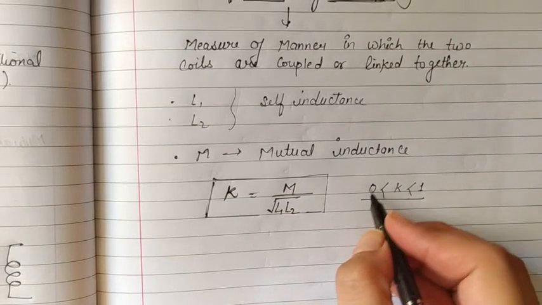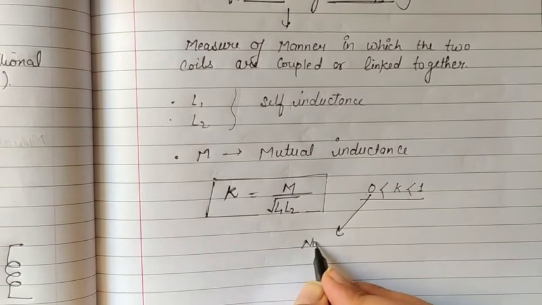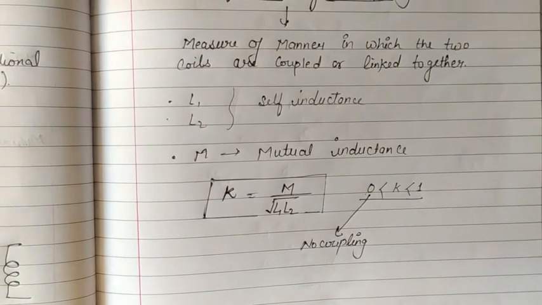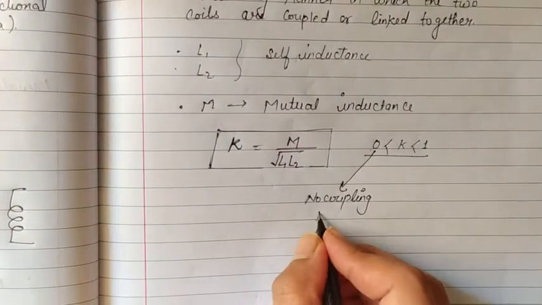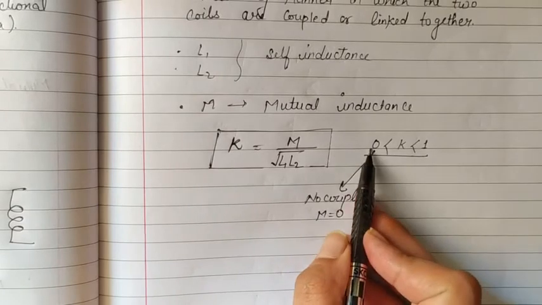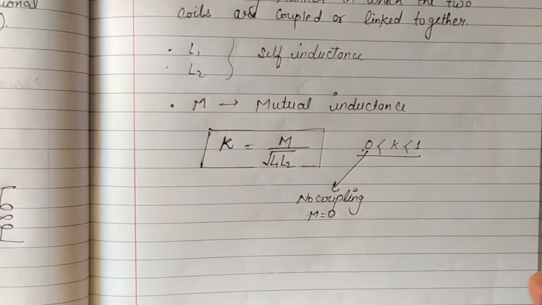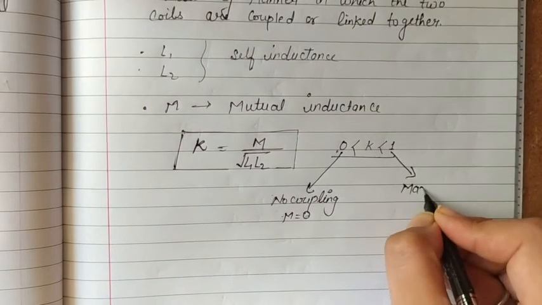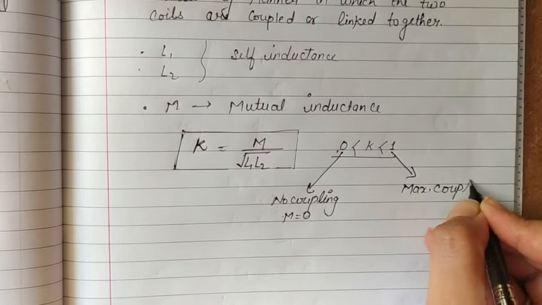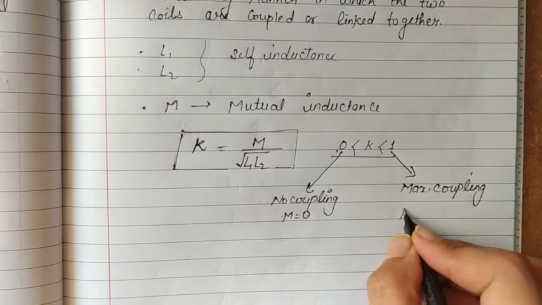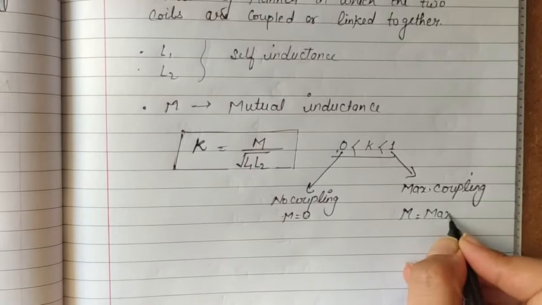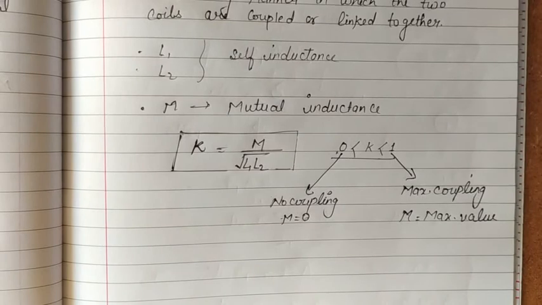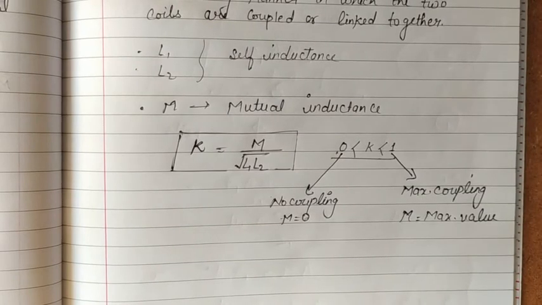Here 0 shows that there is no coupling. What does 0 mean? There is no coupling, no flux is shared by the two coils. That means mutual inductance is 0. The value of K equal to 0 means no coupling, M is equal to 0, and the value of K equal to 1 means maximum coupling, and M is at its maximum value. K is equal to 1 means there is maximum coupling, M is at its maximum value,